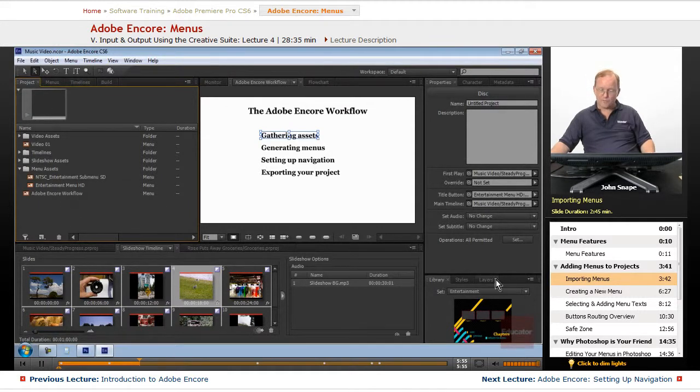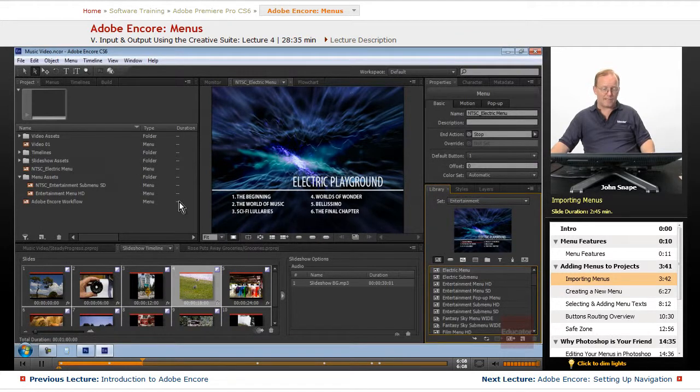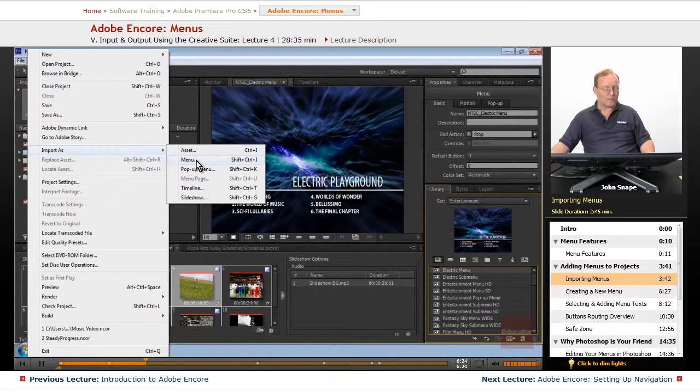Now, you can also add a menu by coming down here to your library, and let's say you want to add the electric menu as a menu in your project. You just come down here and double click it, and it will add it to your project as a menu. So that's it right here, the NTSC electric menu. And that's just another way. And you can also import as menu up here. You can import